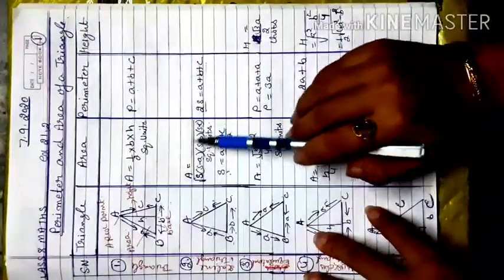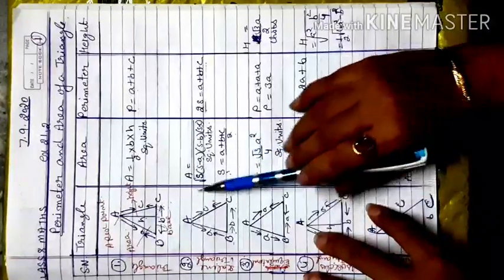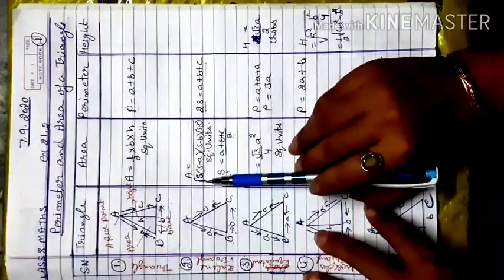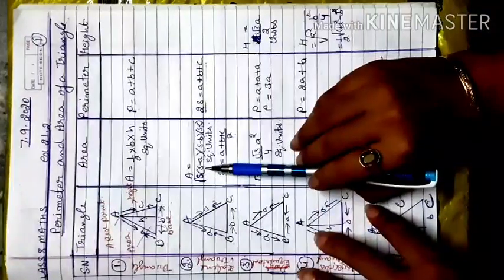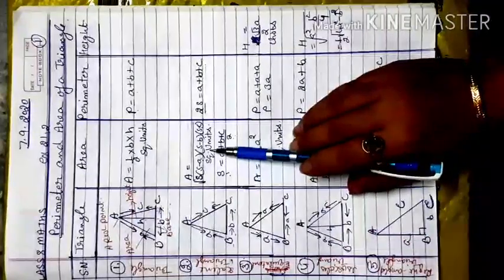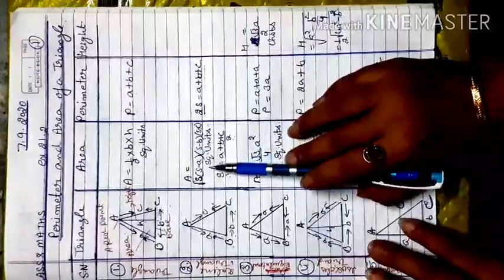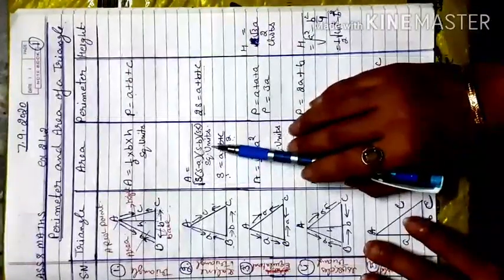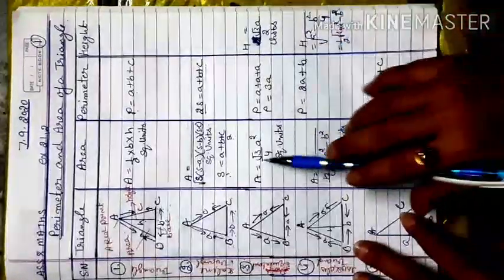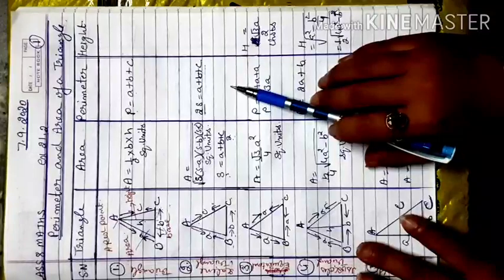To find the area, first you have to find the semi-perimeter. s is equal to adding all the sides and dividing by 2. Then whatever s value you get is multiplied by s subtracted from each side. You multiply all the terms, kept under the square root. That will give you the area if all sides are different and no height is given. So that is the formula. In your exercise you have to directly apply the formula.